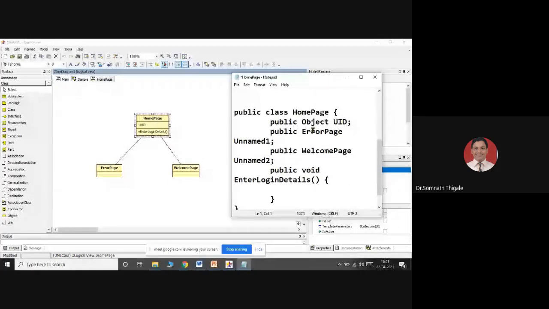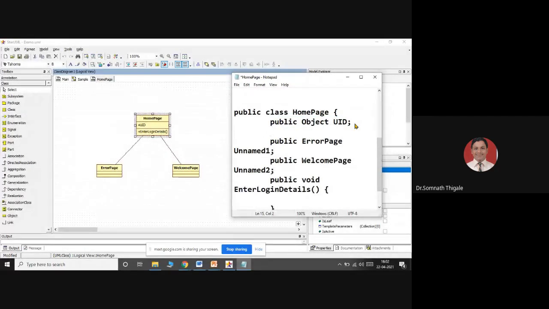And just imagine my code is ready, and if I want to make changes in the code, whether the same changes are implemented in the design or not, that concept I'm calling as what? Reverse engineering. Now see here, I will add one more attribute inside the code just to check whether the same is implemented in the diagram or not. So let's see here. I'll add one more in the simplest manner. In case of user ID, I will simply write a password, PSD.